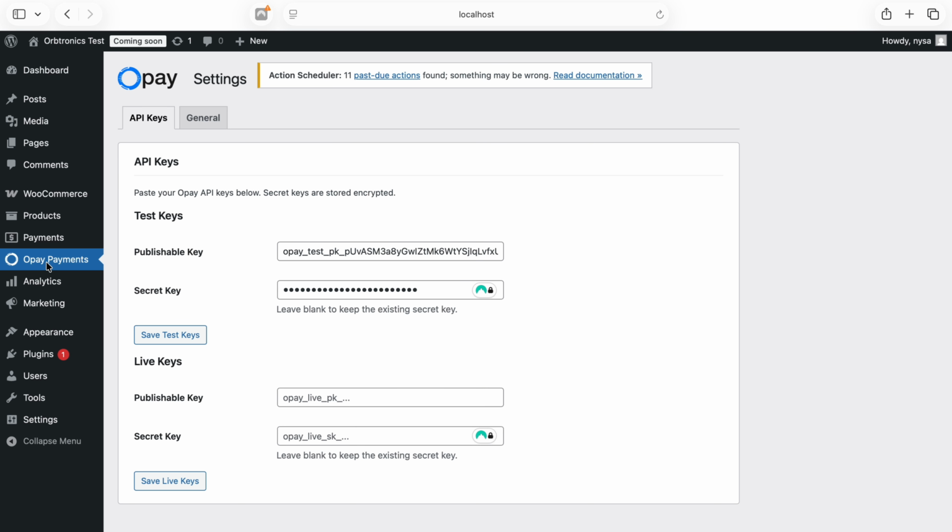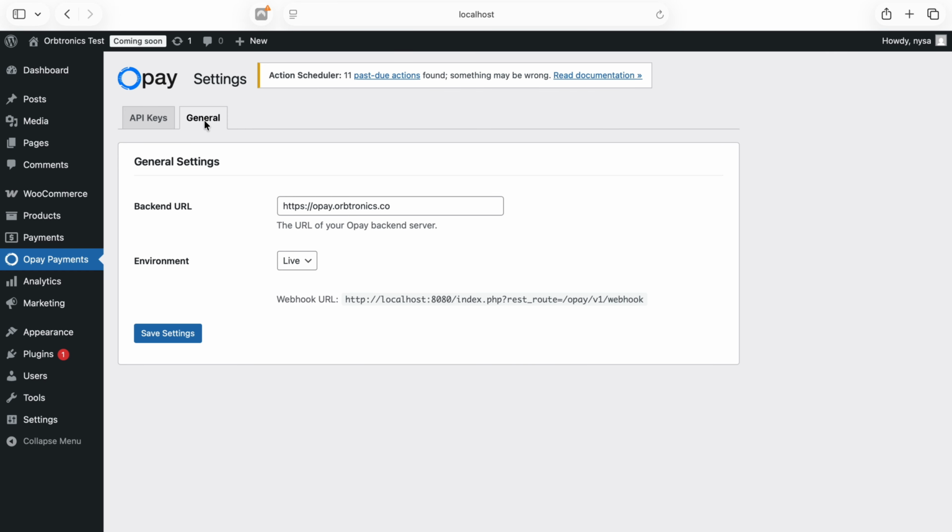settings. So you'd need to get your API keys that will be found in your Opay dashboard. Your test keys as well as your live keys need to be added to your WordPress. In the general settings, you'd need to add the backend URL, which would be https://opay.orbtronics.co, which is the URL of our Opay backend server, and you choose an environment, be that test if you